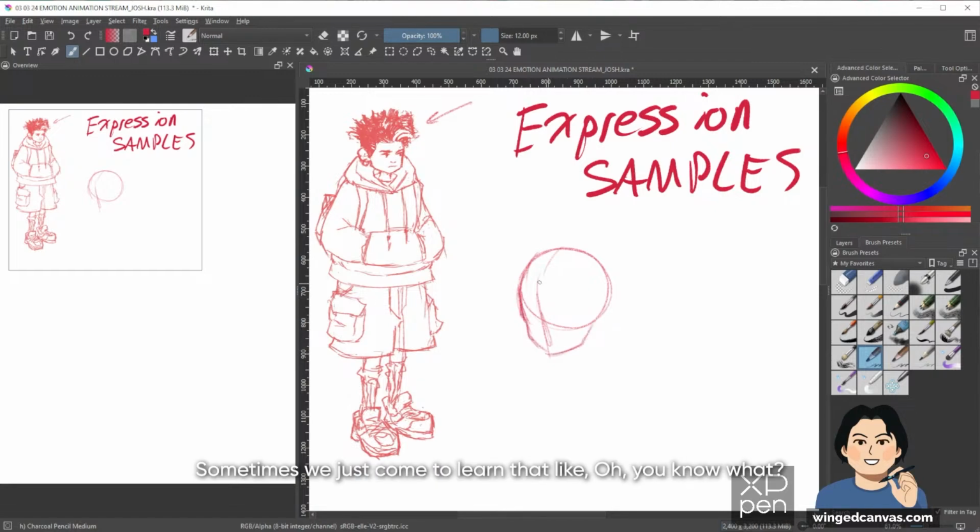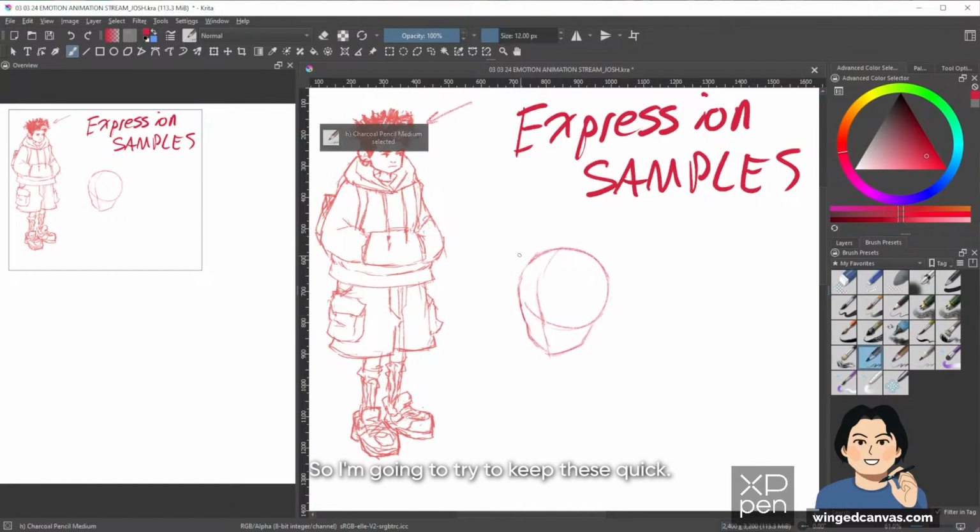Sometimes we come to learn that, you know what, to make the drawing and design of the character easier, it might be a little better to change the proportions a little bit, maybe push the shape of the hair in a different direction and such.